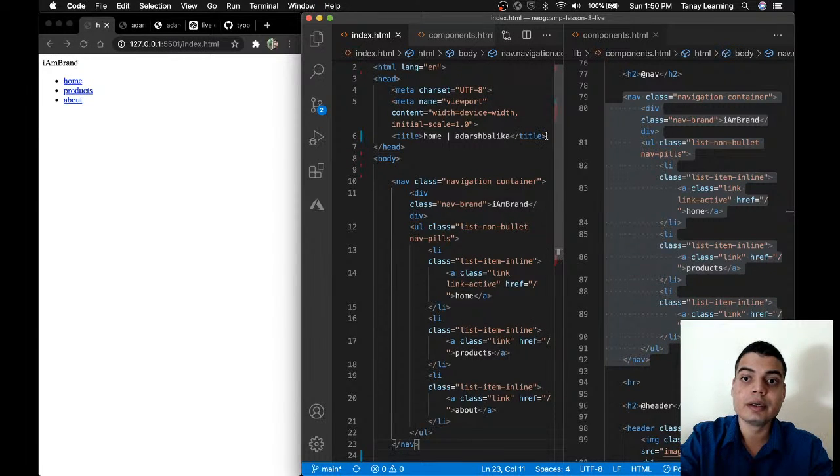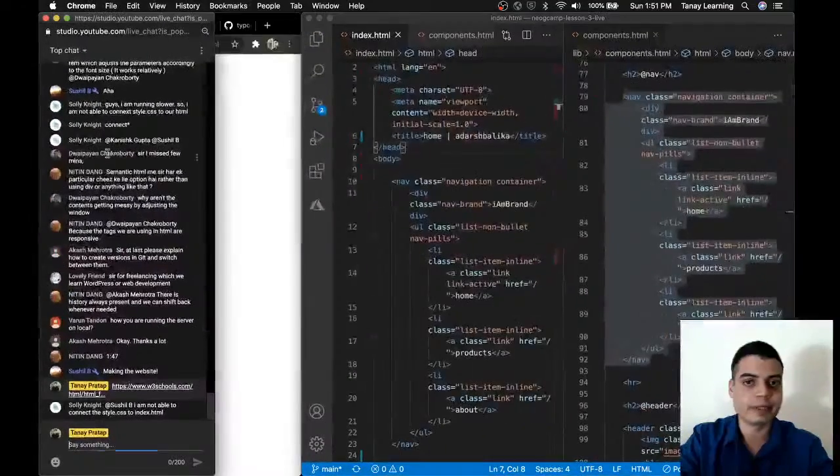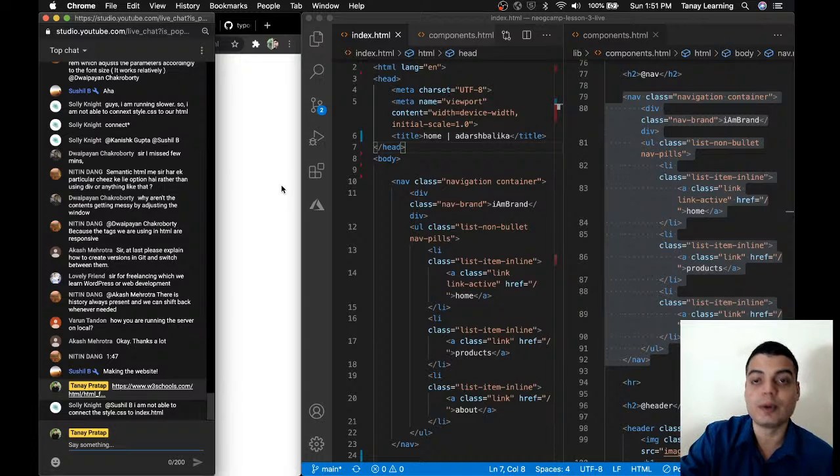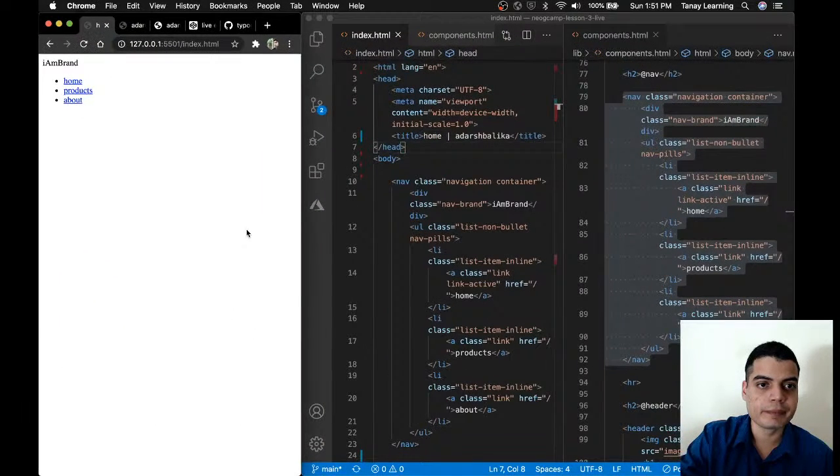Why? Tell me why. Can someone tell me why it's not working? Let me see why it's not working, if you know. Why is the nav not coming when I copy pasted it? Anybody in the chat who knows the answer? Oh, I think there is a delay now, when I say something it goes to you after 3-4 seconds. So